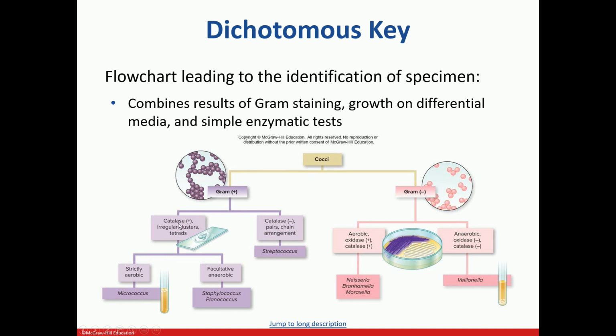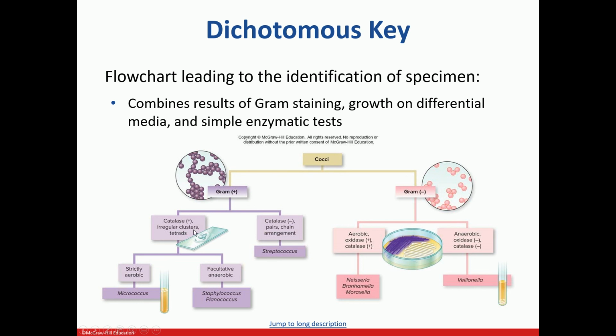So the cocci: suppose you did the gram staining, and under the microscope on the slide you found that all the bacteria are like round spheres, so they are cocci. Suppose you got gram positive cocci. Then after that, you can do various biochemical tests. One of the biochemical tests is called the catalase test. Catalase is a kind of enzyme. So if that comes positive, okay, and then